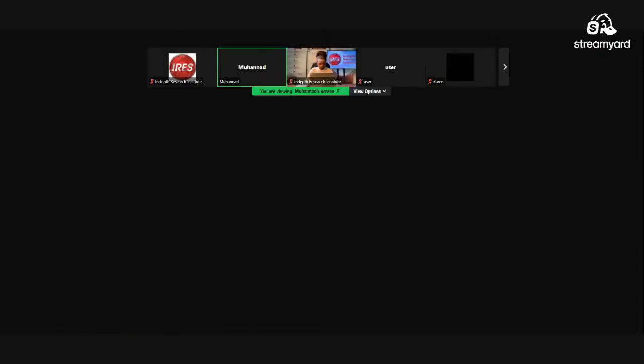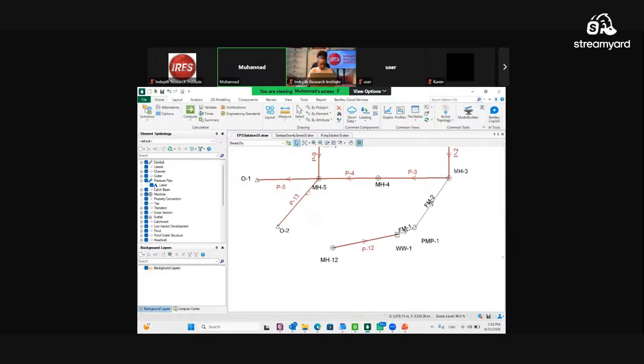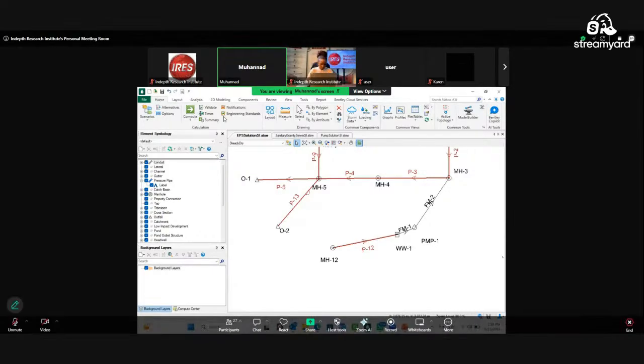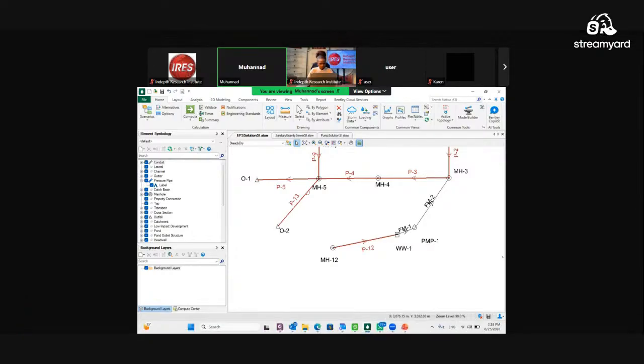So let's have a look how we can change the behavior over the time. In order to change the behavior over the time, we need to calculate the average, and then we need to calculate the daily usages over the time, and then we divide this by the average, we get a multiplier, we call it pattern. Patterns is a type of a component,